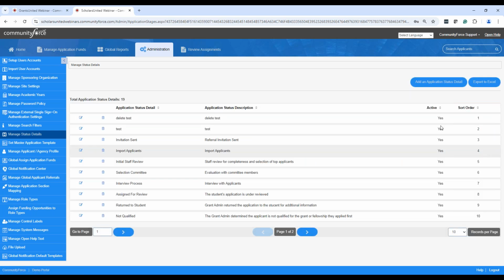So if I go back out here, you're looking at this list, maybe you've used some status details in the past. So you never want to delete a status detail that you've already used. You can edit the name, but remember, any name that you edit, it's going to change it on all of the applicants in the past that you tied that status detail to. So you can edit it, or if you want, you can come up here and create a whole new status